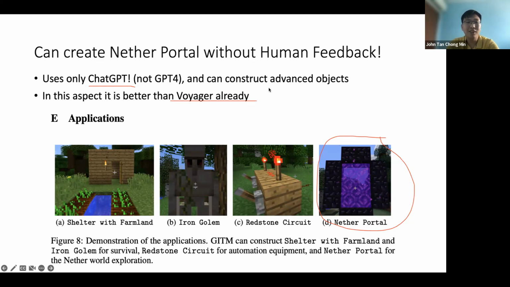ChatGPT can construct all items. If I read that paper correctly, ChatGPT can do it already. So it just points to me that maybe we shouldn't be using